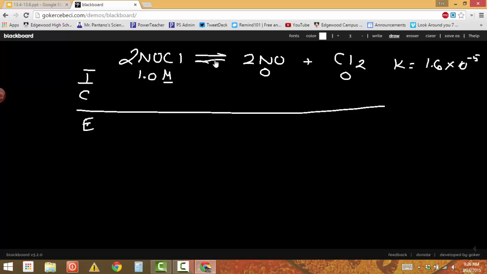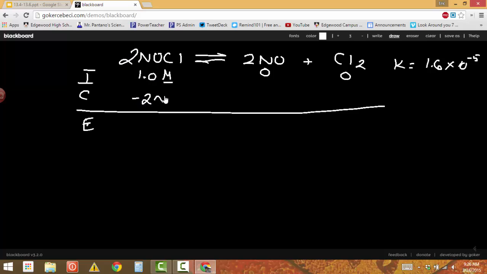Now, the coefficients of NOCl and NO are 2s. The coefficient of Cl2 is a 1. And that's going to figure into how I write my x's down here. Okay, NOCl is going to go down. The concentration is going to go down by some amount. But I'm going to use the coefficient here, and I'm going to say that it's going to go down